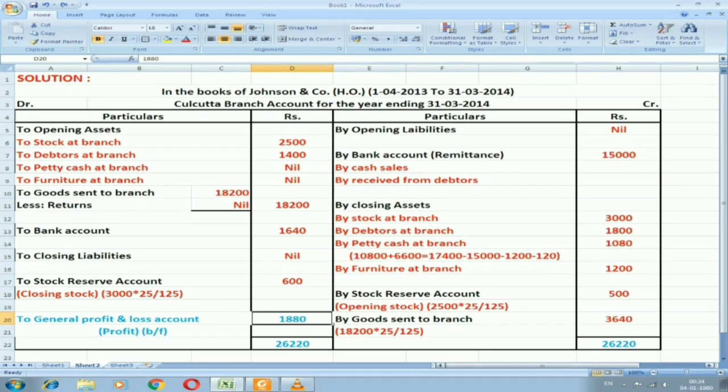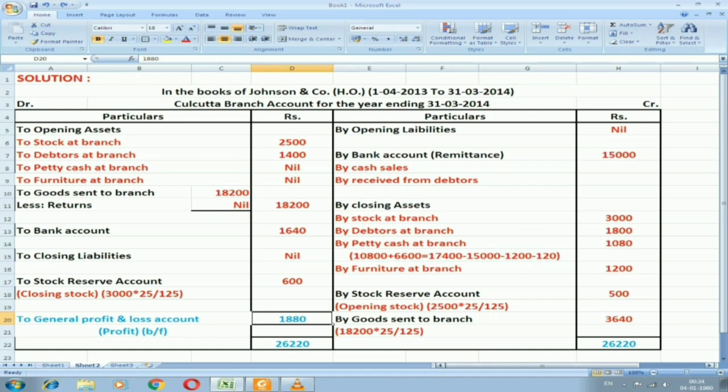In this illustration, we need to find out a petty cash very carefully. So by doing the total income and by minusing amount which is sent to head office and expenditures made by branch, we'll get a closing balance of petty cash, as well as the furniture purchased in between the year. That is the reason it won't have any opening balance, it will have closing balance with the same amount. We don't have any depreciation to minus it. So apart from this, the new thing is stock reserve account on both the sides. On the debit side we are going to do the reserve account for closing stock. On the credit side we are going to do reserve account for opening stock.